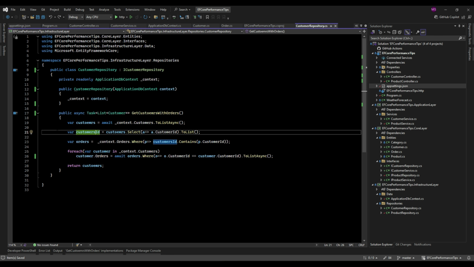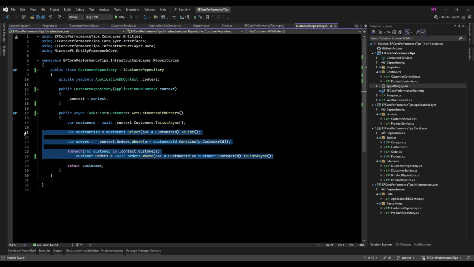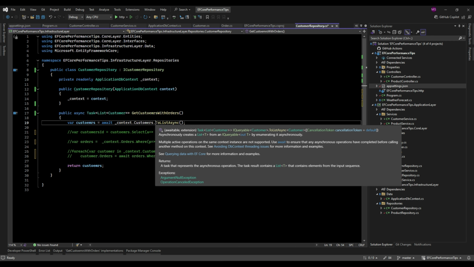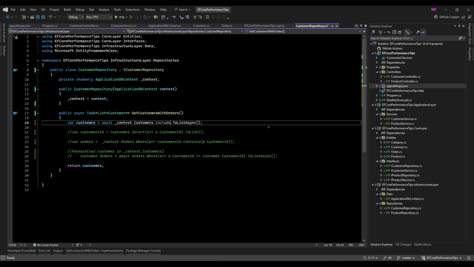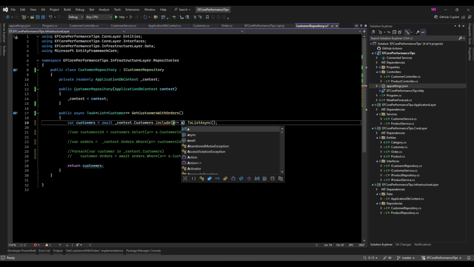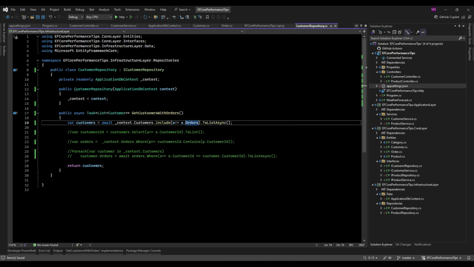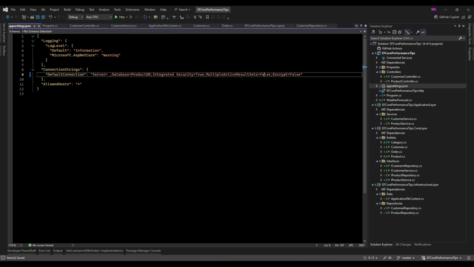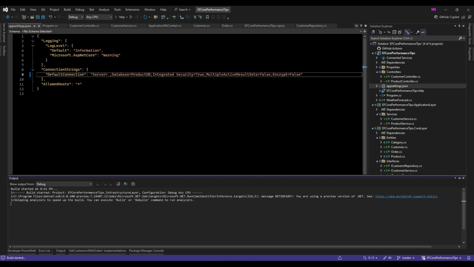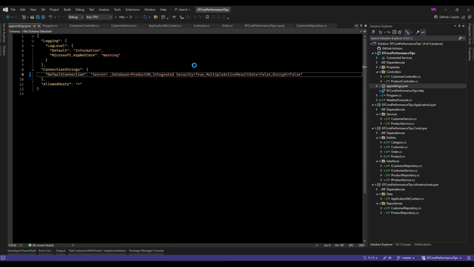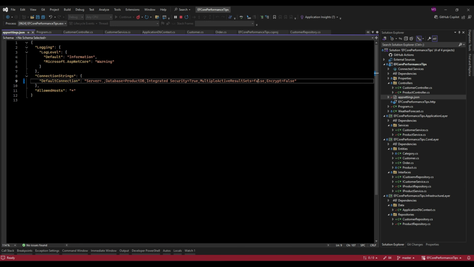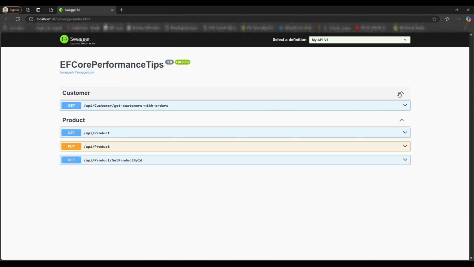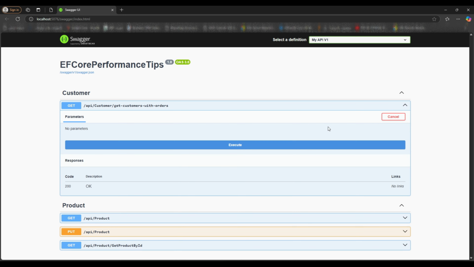Here, I've used two queries, one to fetch customer data and another to fetch order data. Rather than this approach, I can remove all this code, including the foreach loop, and use the Include method to fetch order data directly. This simplifies the query design, eliminating the need to enable MARS. Now let's start the application and test our API. We can see the application retrieves the customer and order data efficiently without any connection conflicts or performance issues.